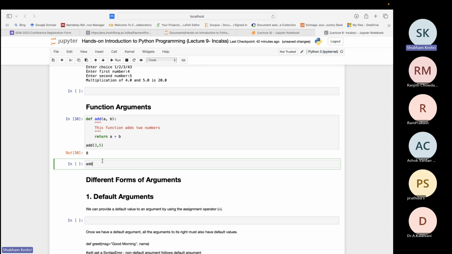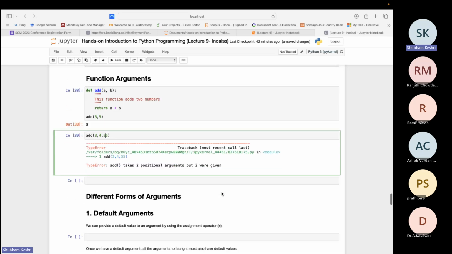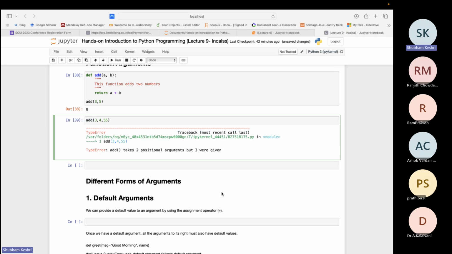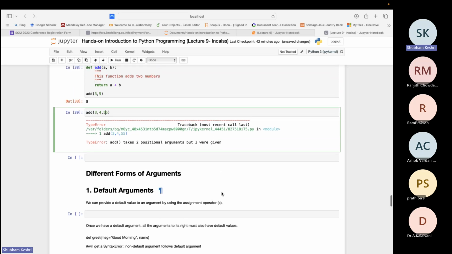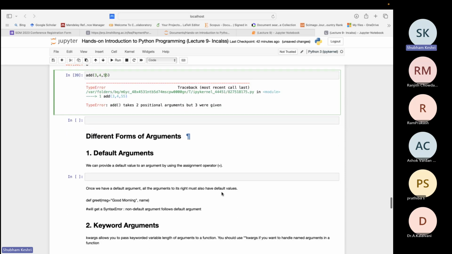I mean to say, when you say add and you pass three values, it will give you an error because there is a mismatch in the number of arguments. You see, it's saying add takes two positional arguments but three were given. So you have to make this clear. But there are a few things you can do which will overcome this difficulty, and we'll see them in today's class. All right,